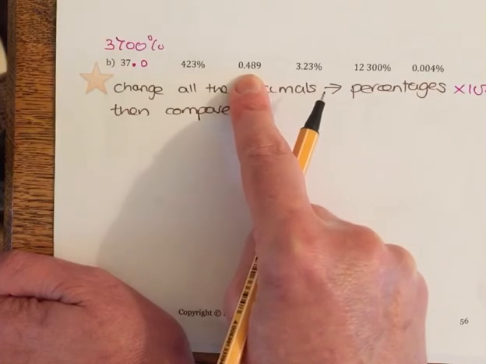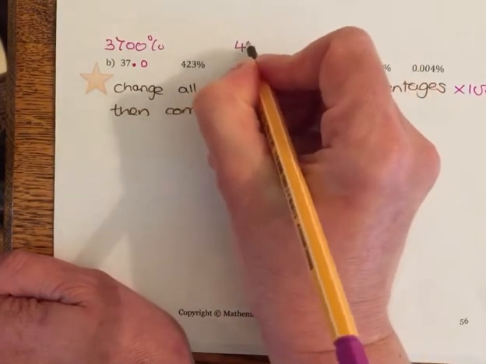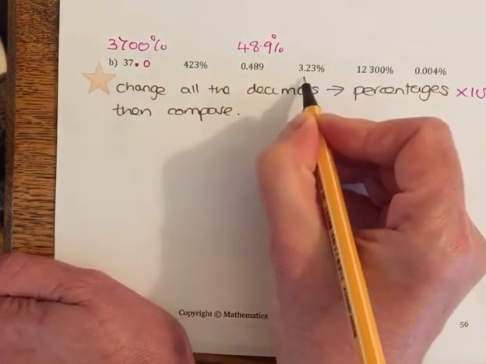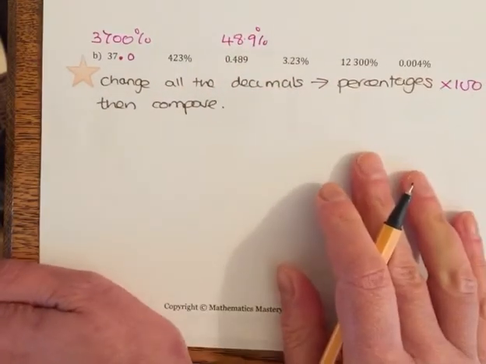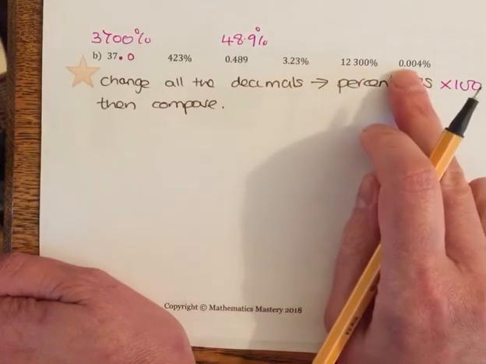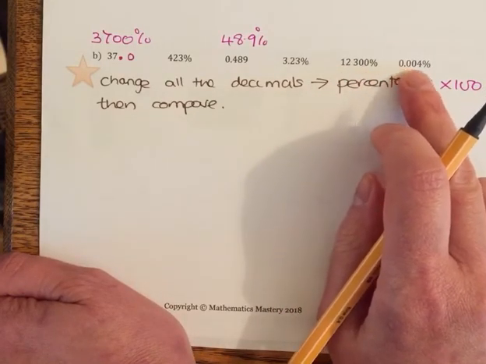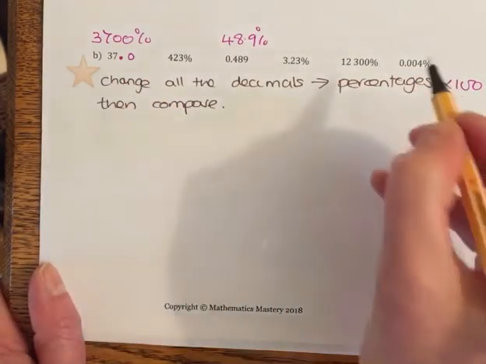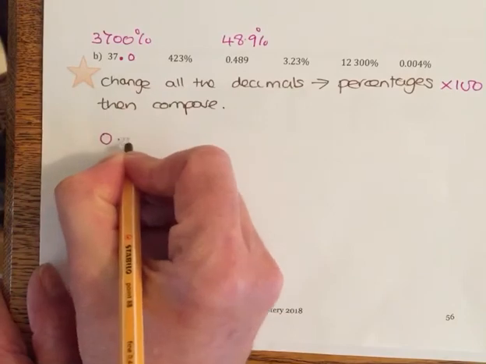Times this by 100, 0.489, I get 48.9%. So I've got the smallest so far. Oh, 3.23%, that's even smaller. Now I've got 12,300%. And lastly, I've got 0.004%. So this one, by changing to percentages, also meant we did quite a lot less work. So that one's definitely the smallest,